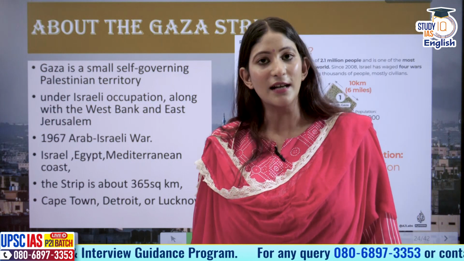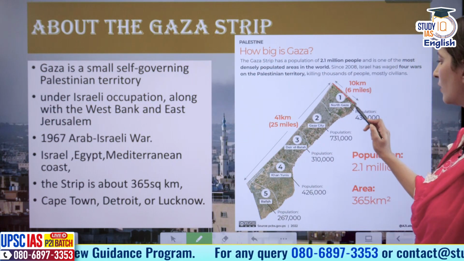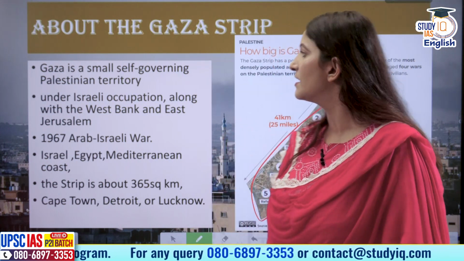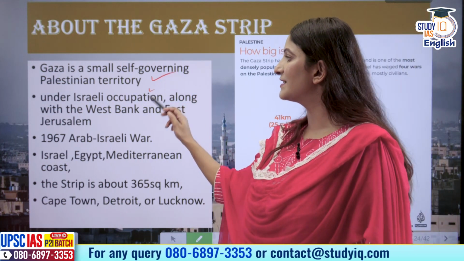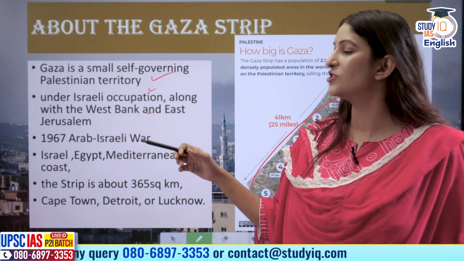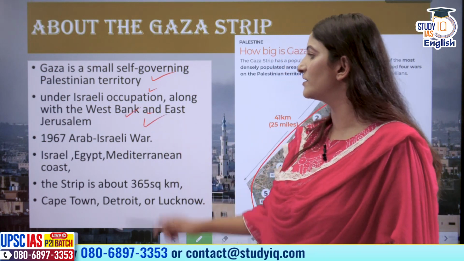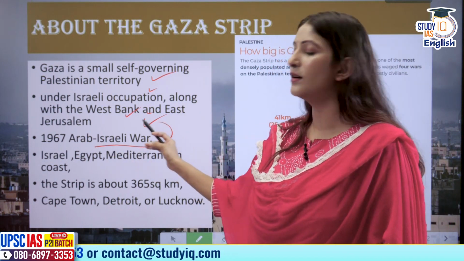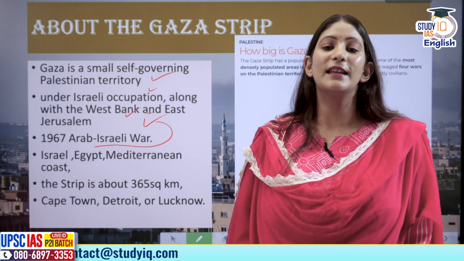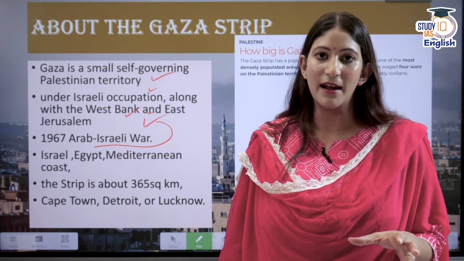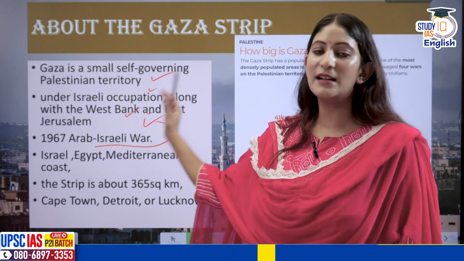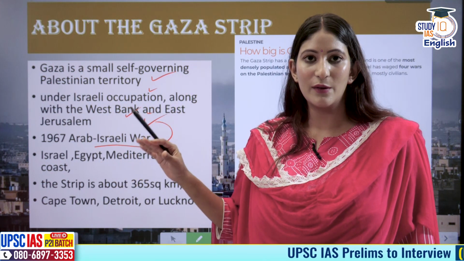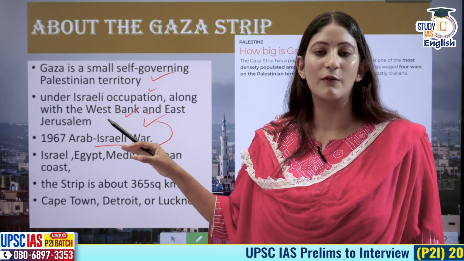Now let's talk about the Gaza Strip, from which we saw the launching of the missiles. This is under the de facto ruling of the Hamas. It's a small self-governing Palestinian territory under the Israeli occupation, sharing a border with the West Bank and East Jerusalem. During the 1967 Arab-Israeli War, these regions were occupied by Israel, and many countries were involved in this. In this particular war, the Sinai Peninsula was also